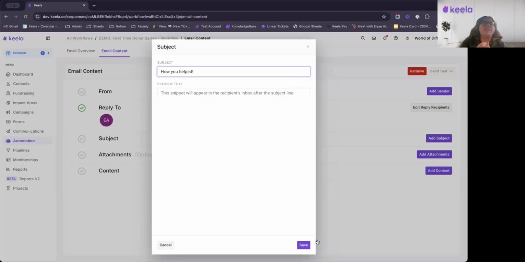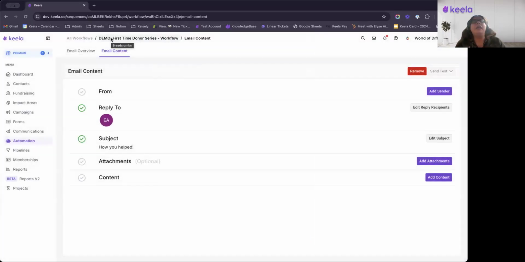Convert folks from one-time givers to not necessarily recurring givers, although I do find that they help with that, but to second time givers. Converting somebody from a first time giver to a second time giver is huge. Most folks don't have affinity as a first time giver, and it's only once they make that second gift that they really start to develop an ongoing affinity for your organization. Second time givers are much more likely to give a third time than first time givers are to give a second time. And also, like I said, to gather prospecting information about your donors, which can be really helpful for